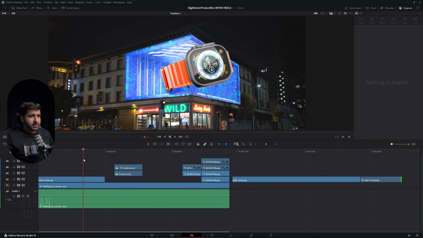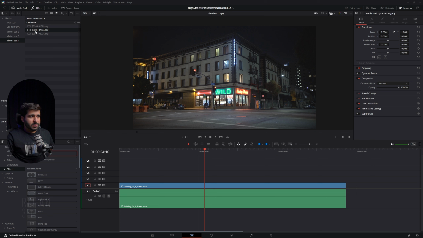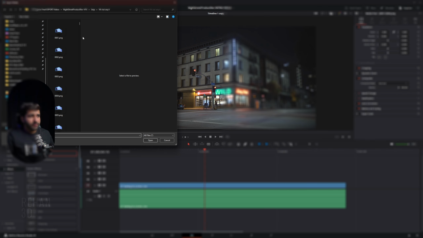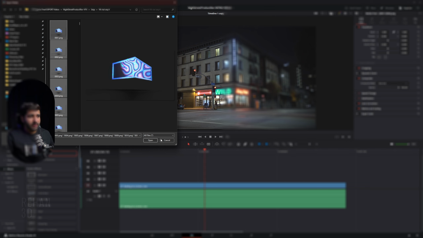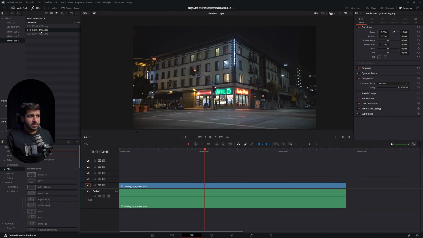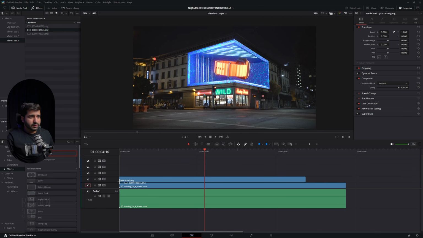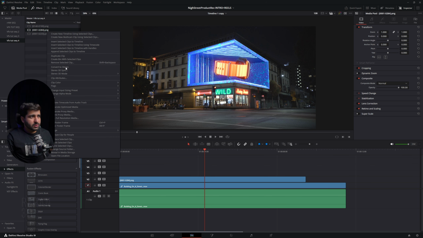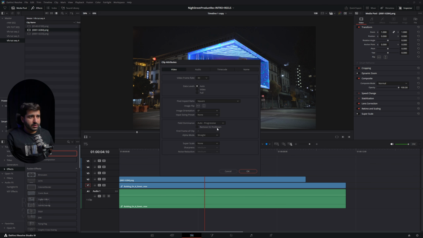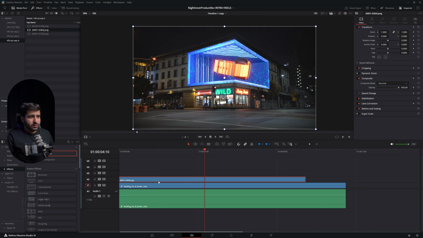Okay guys, so I have created a timeline. Now I will import my image sequence. If you don't know how to import a sequence in DaVinci Resolve, you just have to right-click in the media pool and choose Import Media, go to the directory of your image sequence, select the first frame, press Ctrl+A and then Open, and it will load all your image sequences. Now simply drag it here and make sure to check the frame rate of the clip. In Clip Attributes, make it 30, which is what our project is on.